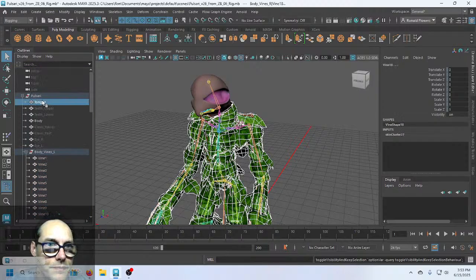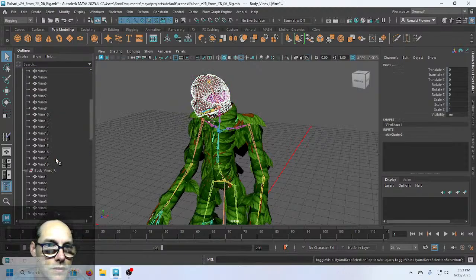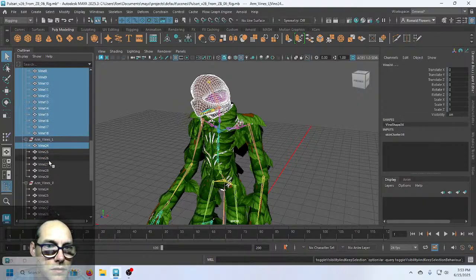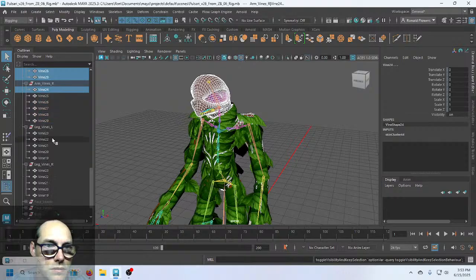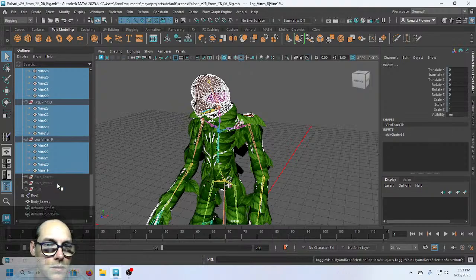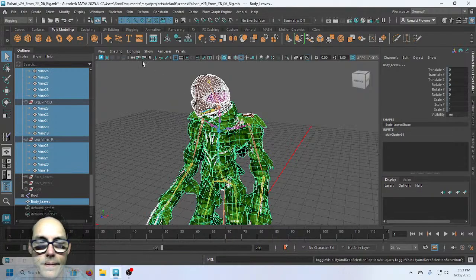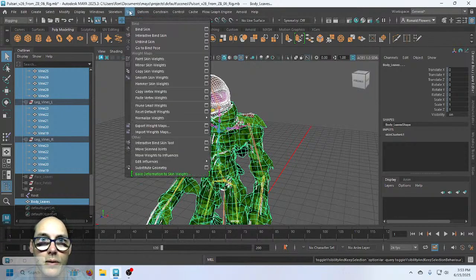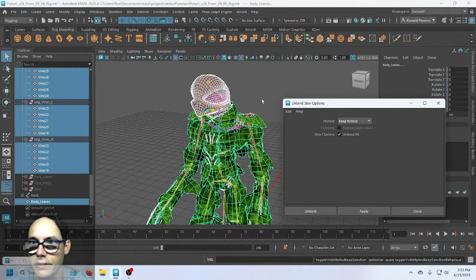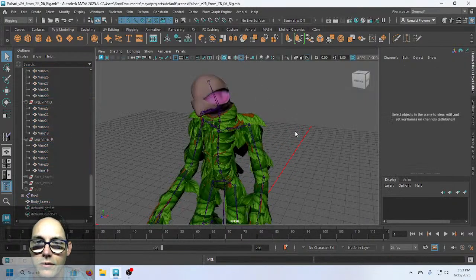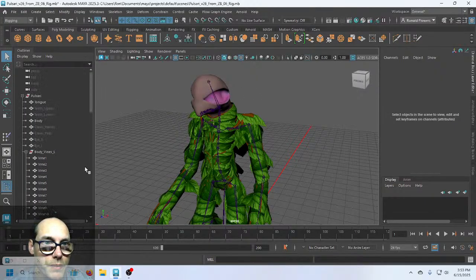Oof, that got messed up. Alright, time to unbind, and I will not keep history. I'll just go ahead and delete history on this. So, delete history. Remove joint colors, unbind. There we go. So now I should be able to